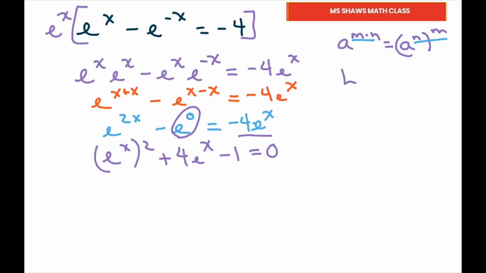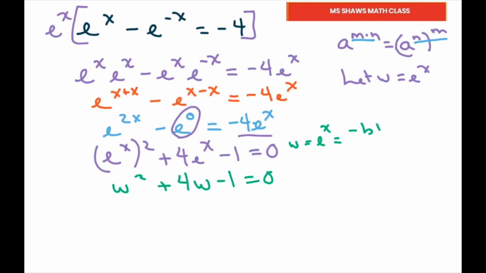Now I'm going to let w equal e to the x and substitute. So this will be w squared plus 4w minus 1 equals 0. Since I can't factor that, I'm going to use the quadratic formula. Our w is e to the x, so now I can just change this back to e to the x. I'm going to say e to the x equals, which is our w,